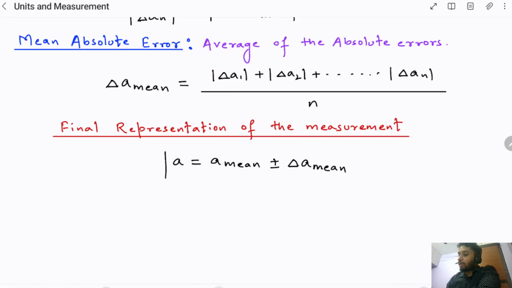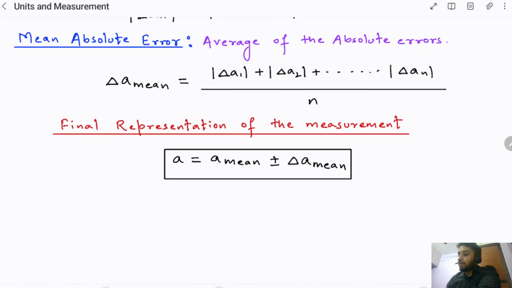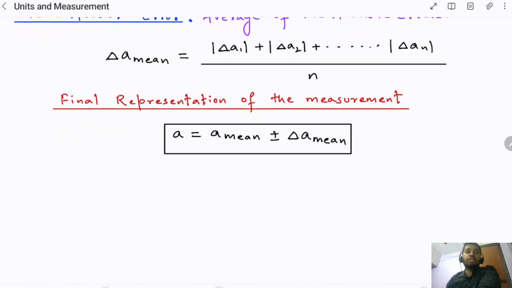So from this representation, what the person who is studying or reading this data needs to understand is that I cannot tell you the exact value of A, but the A value will lie between A mean minus delta A mean